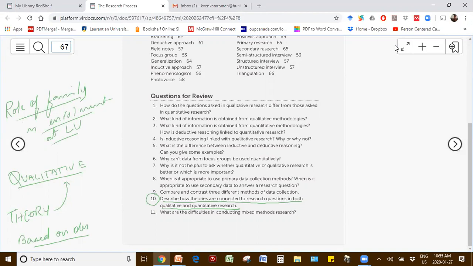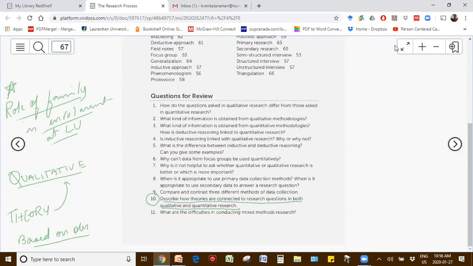The theory would be based on the feelings, emotions, interactions, experiences. That part is correct. Think about the question, think about the theory that you could potentially get. How would you relate the theory to the question itself? The theory answers the question. Yes, exactly. So in qualitative research, typically your theory will answer the question.